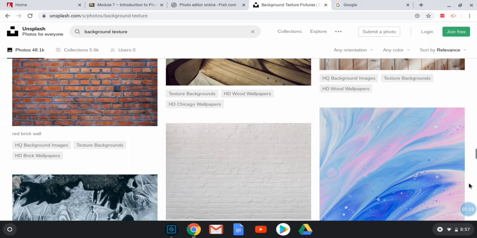So I entered the term background texture, because under background texture there's several different images that work well to be the image that overlays over to the background. And the background image that I'm going to use is a picture of some balloons. And the balloons are pretty colorful, so I was looking for kind of a colorful overlay to put on top of these balloons. And the one that I'm going to select is this kind of swirled image with blues and